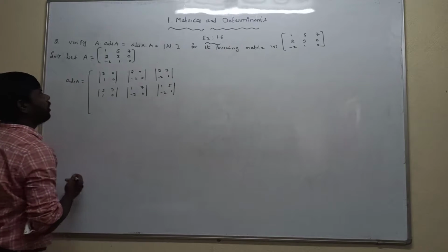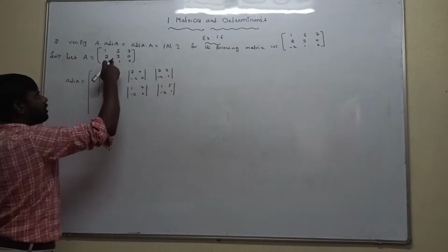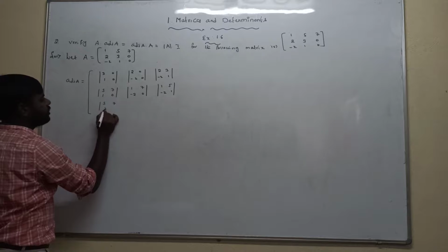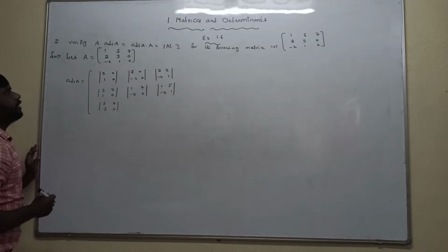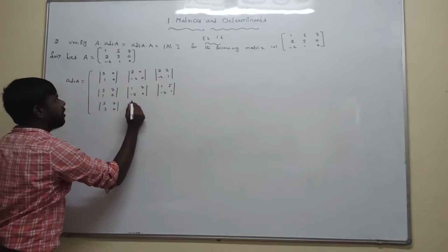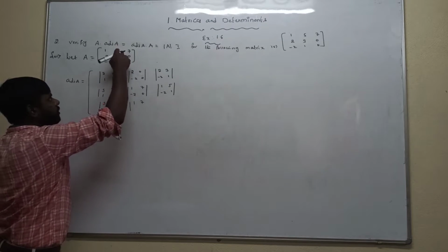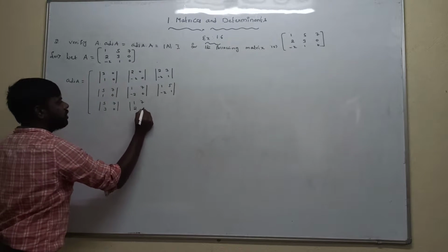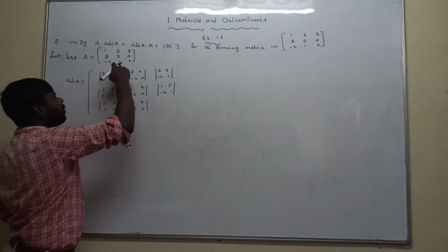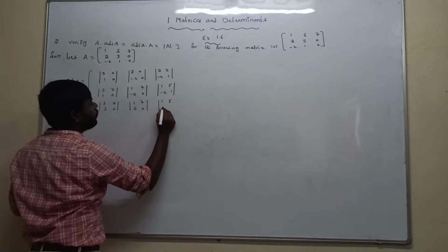Next, we are going to the third row. The first element is minus 2. Minus 2 present in the third row, first column is eliminated. Write the left-over elements 5, 7, 3, 0. The next is 1 present in the third row, second column is eliminated. Write 1, 7, 2, 0. Next, 0 present in the third row, third column is eliminated. Write the left-over elements 1, 5, 2, 3.